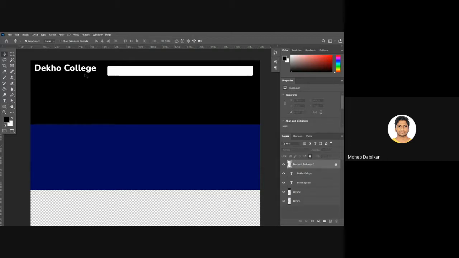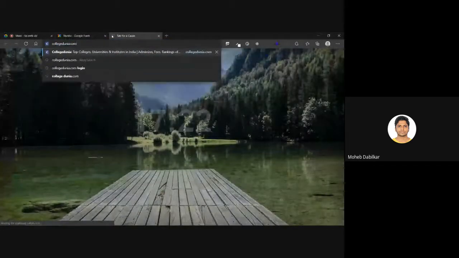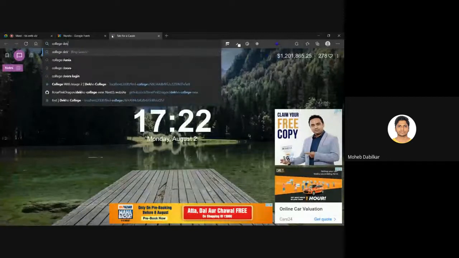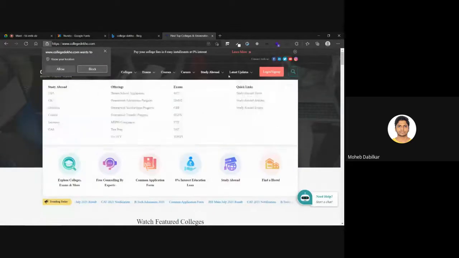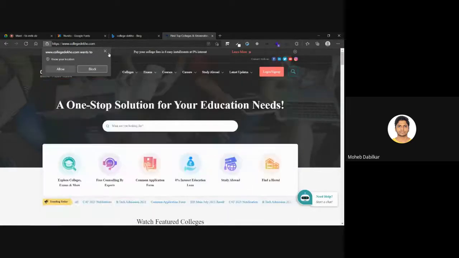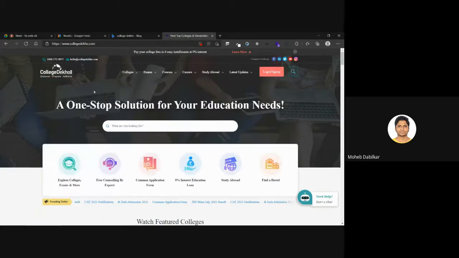Okay, so do you guys know how a drop down menu looks like? So if I, let's just go to the college website only. Okay, so on our college website, you see we have this type of drop down menu, and there are lots of options over here. And if you go to a few of them, yeah, you see exams, we have this part as well. So like this only we will have something. We don't want to do the designs and all that stuff. I don't want this header, it does not look that good to me. Okay, and then we have this part, so slogan will be over here.